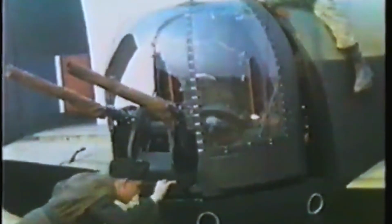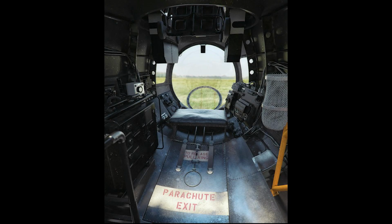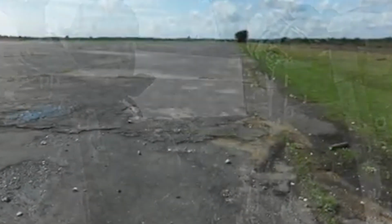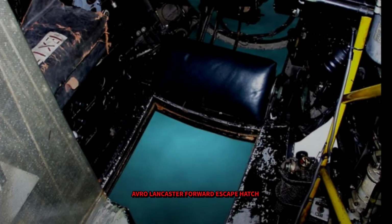The escape hatch in the Lancaster is 22 inches wide. It's not very wide, and when you've got your bulky flying suit, and you never have any training because you don't need anything. You see, that way is death and that way is life, and you don't hesitate, you know. So I bent my knees slightly, put my head down and went head first out, and you fall, you tumble